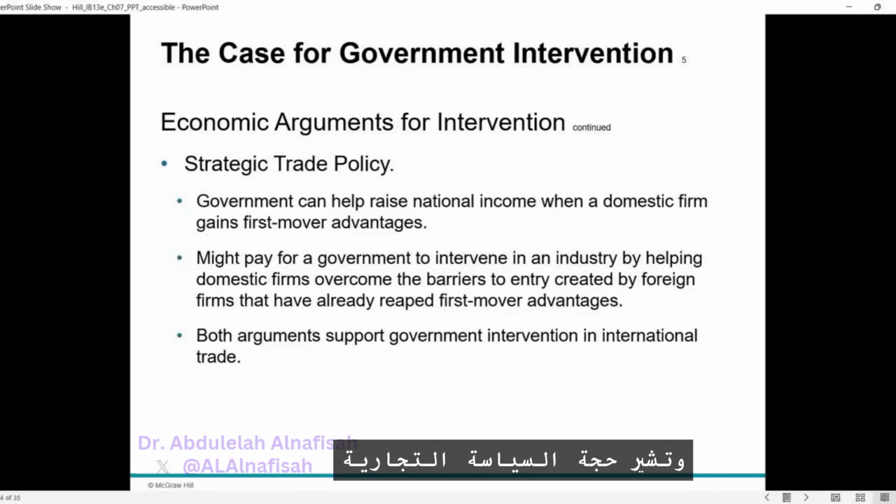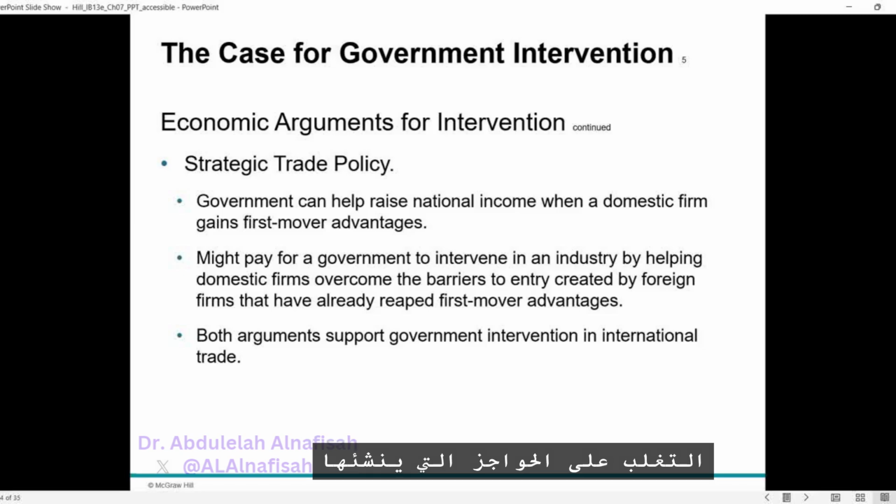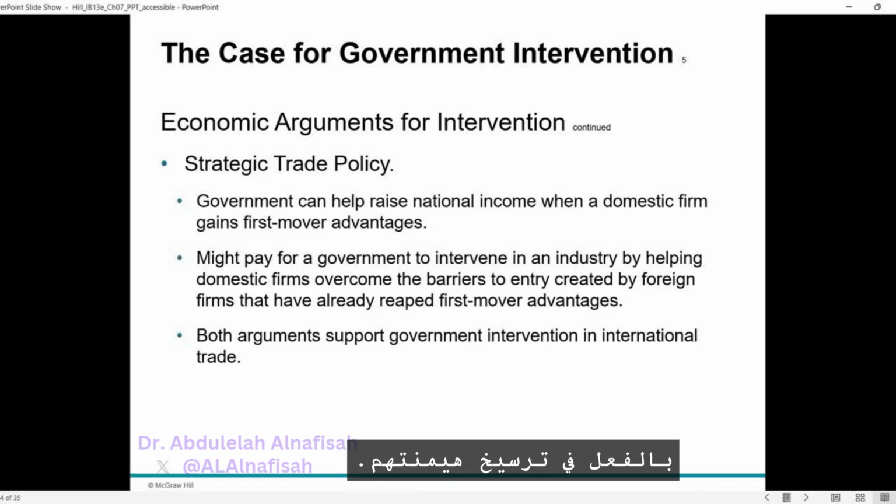The strategic trade policy argument suggests that government intervention can boost national income by supporting domestic firms to gain first-mover advantages in industries with substantial economies of scale. This strategy involves using subsidies to promote emerging industries and helping domestic firms overcome barriers created by foreign competitors who have already established dominance. For instance, the U.S. government's R&D grants to Boeing in the 1950s and 1960s are believed to have contributed to Boeing's success in the